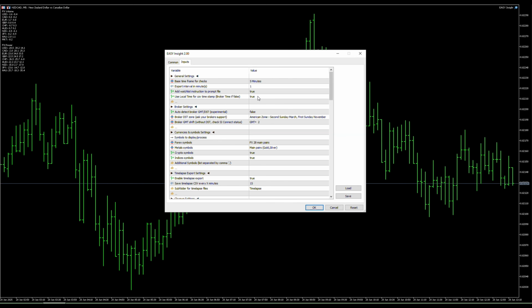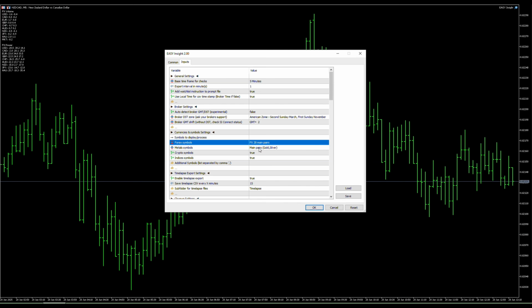So let's start with a new parameter wished by a user who wanted to get the export timestamp according to his broker time. A very useful idea, so we implemented it immediately. Then we have the usual GMT and DST adaptation, which is essential, especially for the real-time recorded volume data we use. And then comes this entire new block of parameters, and here you can decide what you want to